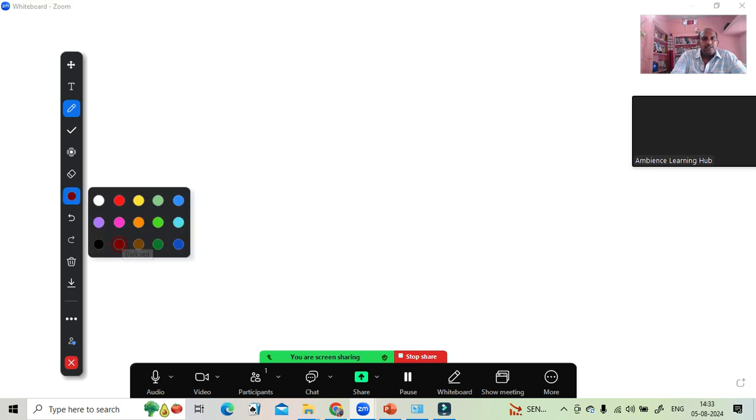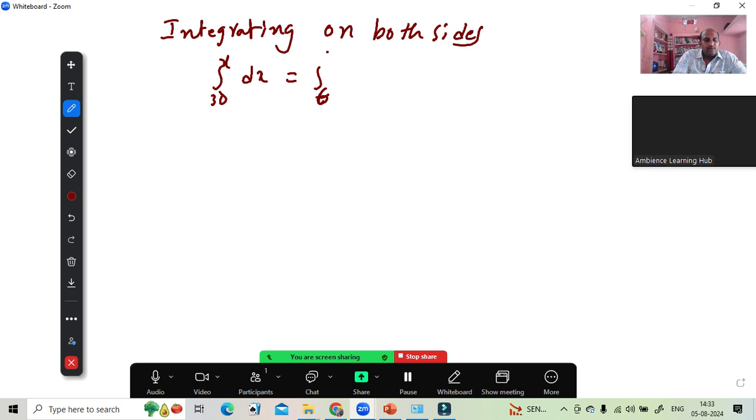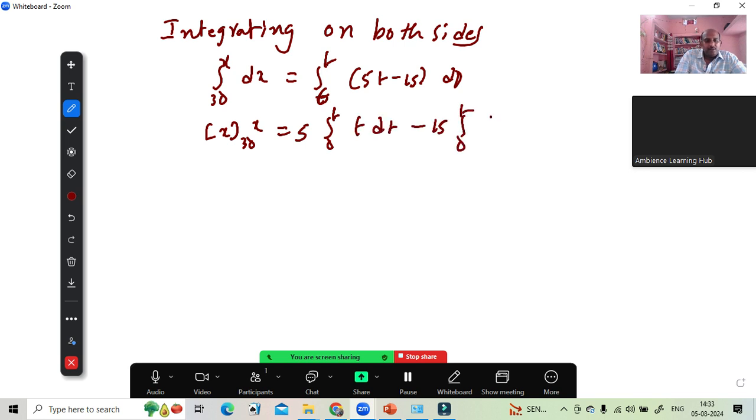Now integrating on both sides, we get the integral from 30 to x of dx equal to the integral from 6 to t of (5t minus 15) dt. That will be x minus 30 equal to 5 into the integral from 6 to t of t dt minus 15 into the integral from 6 to t of dt. So x minus 30 is equal to 5 into t square by 2, from 6 to t, minus 15,